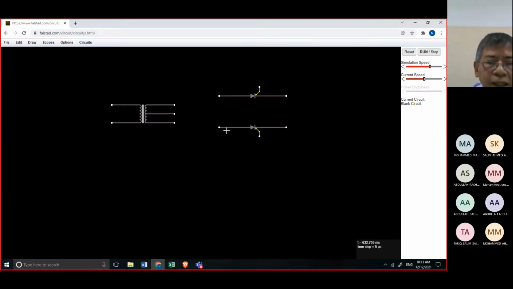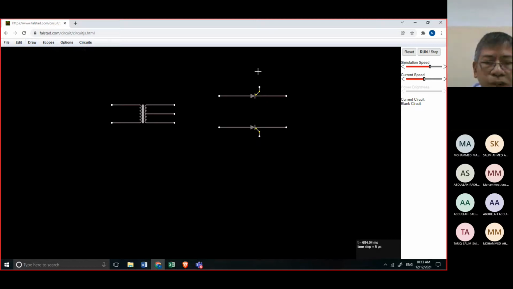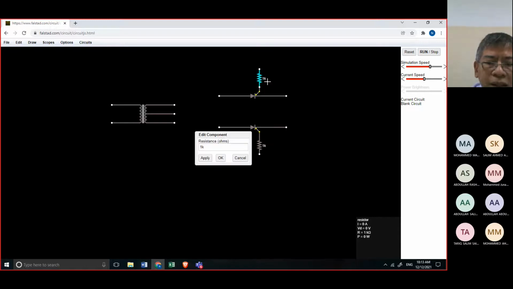We will proceed here with two resistors. Go to draw and then add resistors for both gates. I will connect here, here, and immediately we will edit it. Edit, make it 200. Click OK, and then edit.